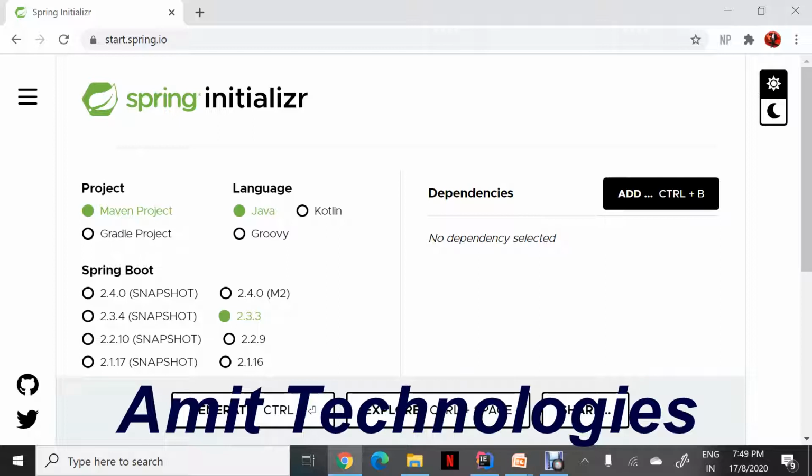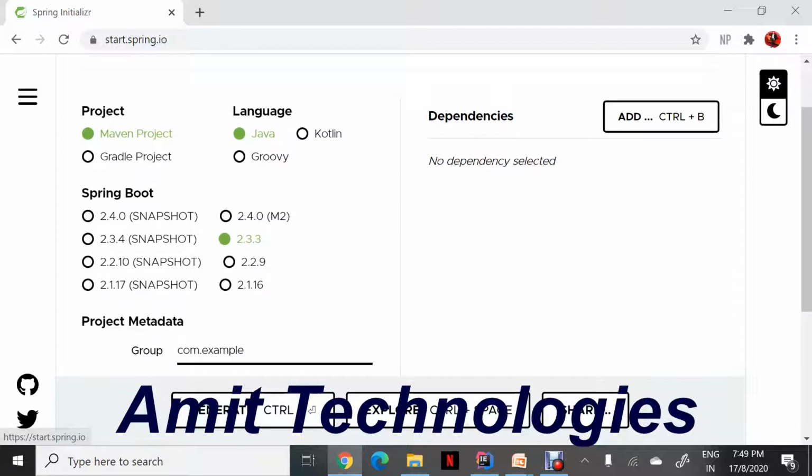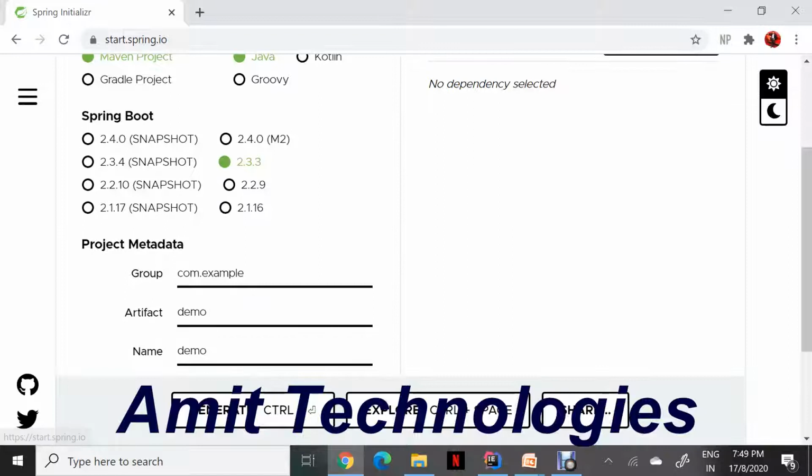So this is your first thing which should be in your mind all the time. That is, you have to go to start.spring.io and keep all the other settings as they are, like Maven project, Java 2.3.3, which is the stable version, and you can name it as retail. Under that you are creating. If you go to any retail website, you will be searching the product, then putting it in the shopping cart, ordering it, and then doing the payment.